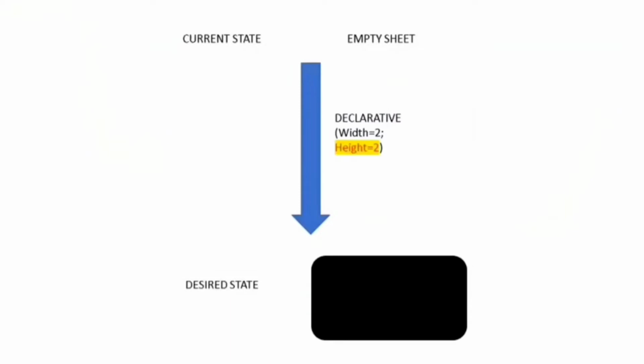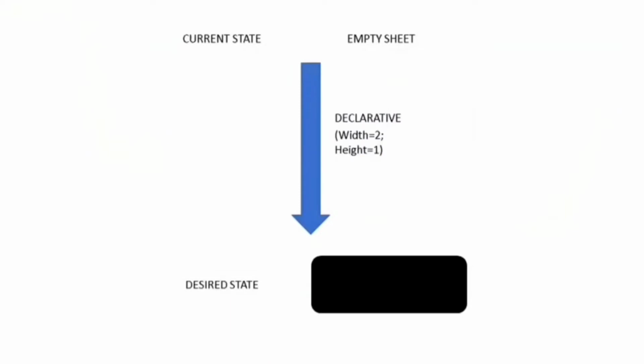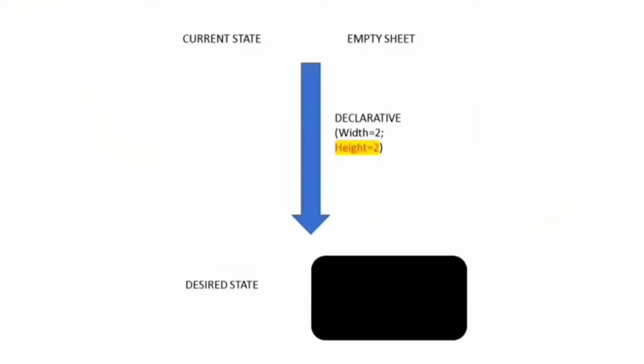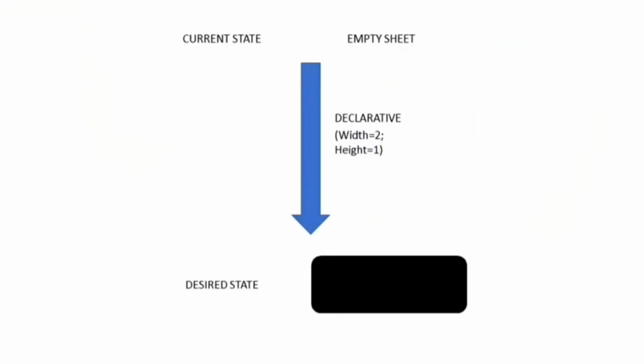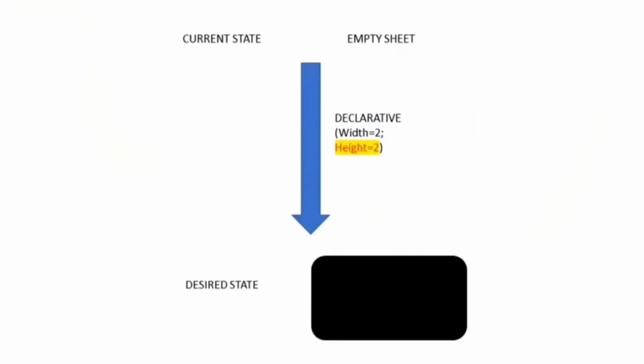But we want to automatically detect the changes, right? Meaning if I change my height to twice in my file, then I want my system to detect it automatically and make the rectangle with double the height. So how can it automatically detect the changes? It can do so by constantly comparing the width and height mentioned in the file with the actual width and height of the rectangle. So whenever I make changes in the file, it automatically changes the same in the actual rectangle.